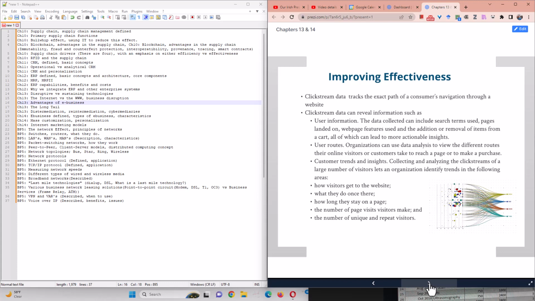You literally can follow someone around and record everything they do in a digital storefront as opposed to a physical storefront. So that's a tremendous advantage because you can understand what their interests are, where they spend their time, and subsequently you can customize or personalize that interface